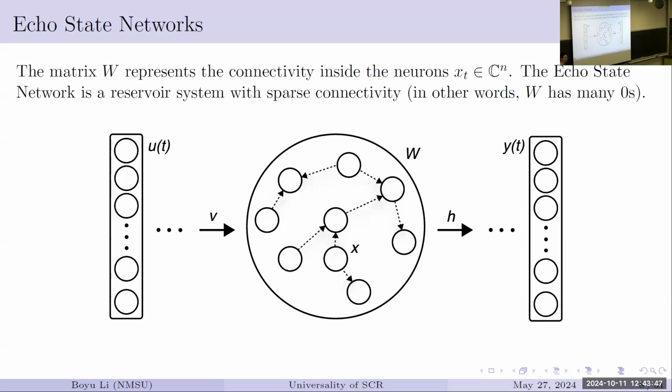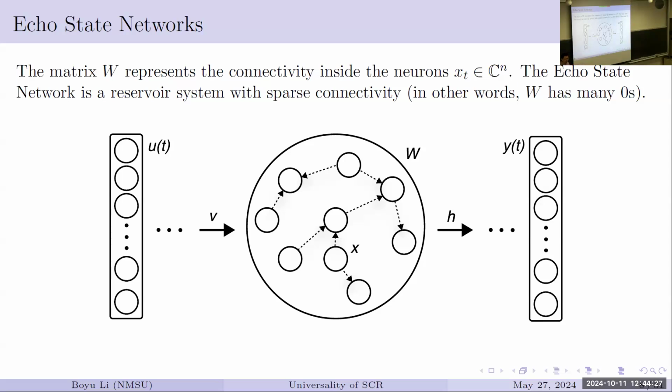And what this W is doing when you do the matrix multiplication is you just move things around. For example, your first coordinate, you multiply by the W11, you get to the new first coordinate, and so on. So you can think about this W as some kind of connectivity in your neurons, how they connect to each other. If your matrix W is non-zero in all the entries, then when you do the matrix multiplication with n dimensions, each of these entries will contribute a little bit to each of the n dimensions. So you have a full connection.